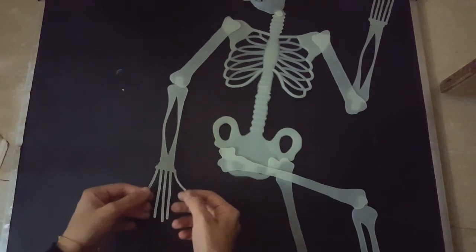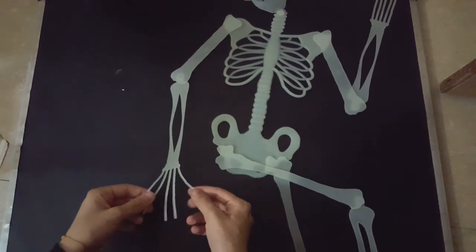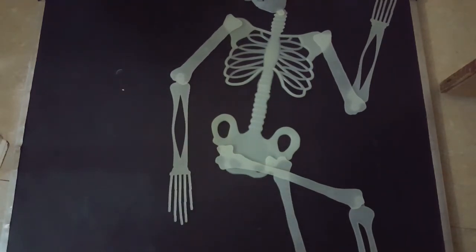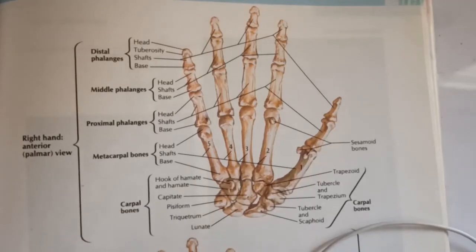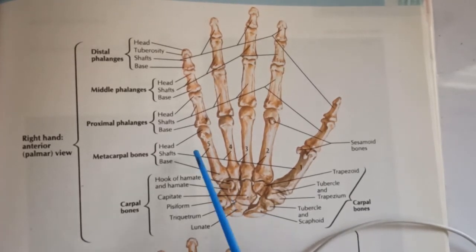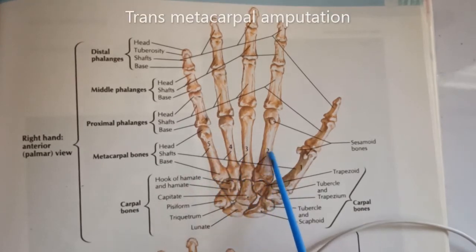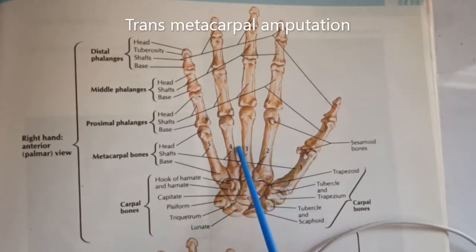Now the anatomy of the hand of our skeleton is quite distorted, so we will move to our atlas. So we have a hand here which is already amputated at the wrist joint. Wrist disarticulation is done. The next amputation which we can do is through these metacarpal bones, so it is called